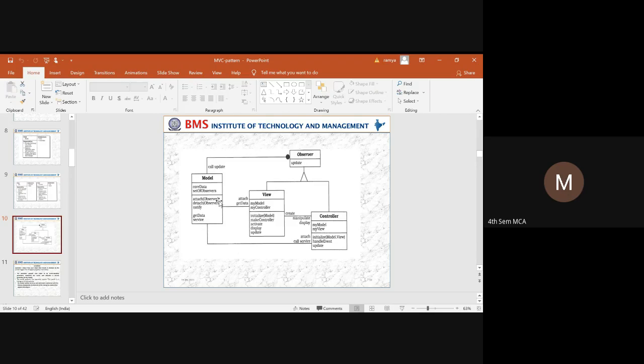Next thing is, this model is attached to the view. In the view class, we have my model and my controller, since the view is a collaborator with respect to the model and the controller. So what happens? The view will initialize the model. It is going to create the controller, and it is going to activate and display the necessary information. If any updates are required, those updates will be considered in the view.